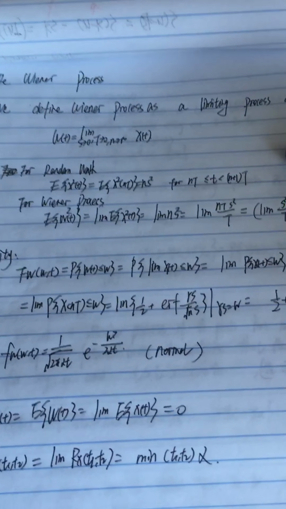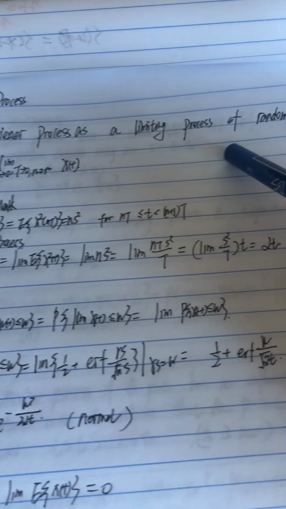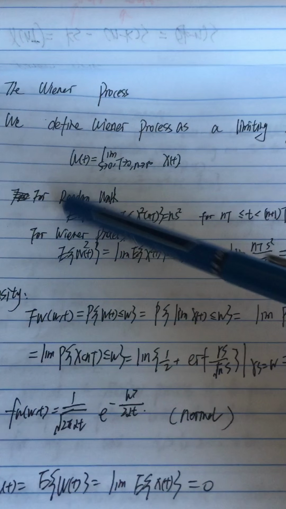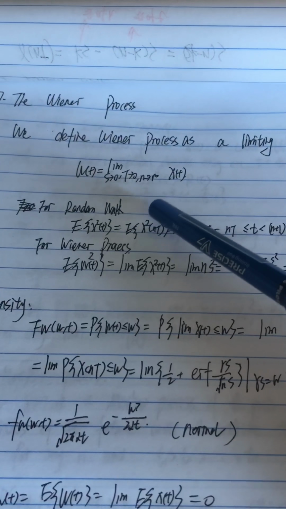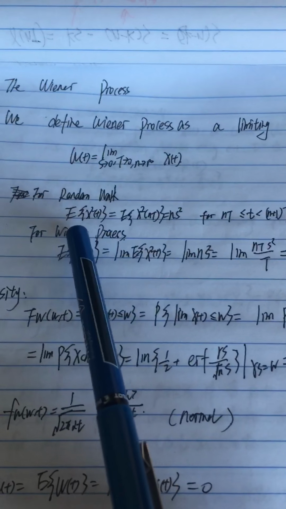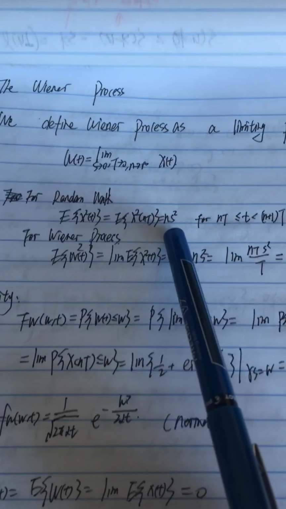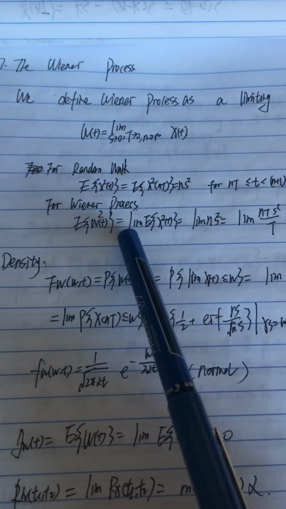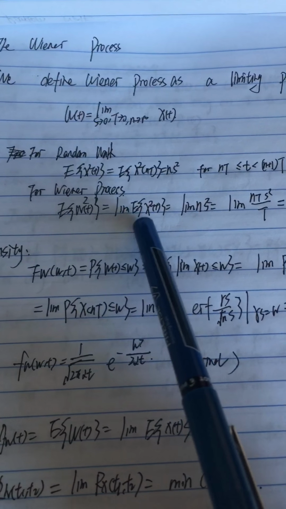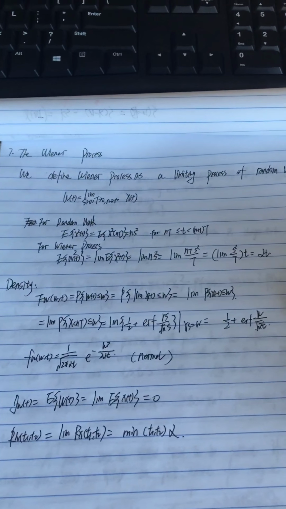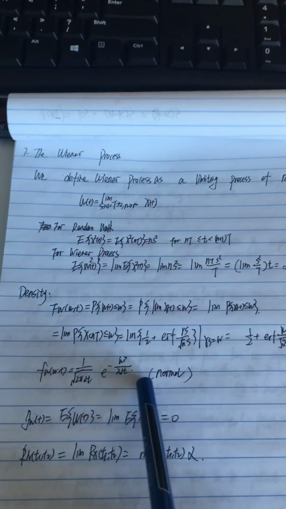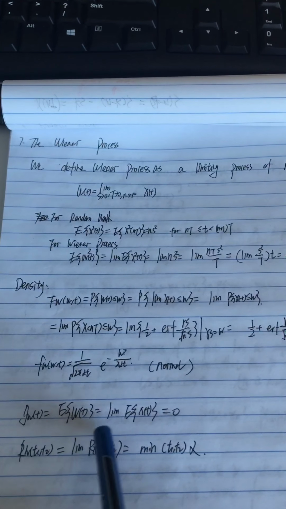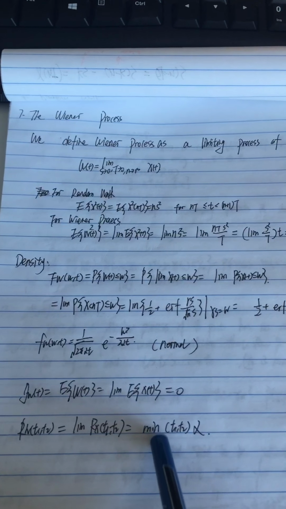So here is the seventh example, the Wiener process. We define the Wiener process as the limiting process of the random walk. So W_t is equal to the limit as n goes to infinity of X_t. For the random walk, the mean of X_t squared is equal to n multiplied by s squared. For the Wiener process, W_t squared is equal to alpha t. So this is the density. It's a normal. The mean of the Wiener process is equal to 0, and the correlation is equal to the minimum of t1